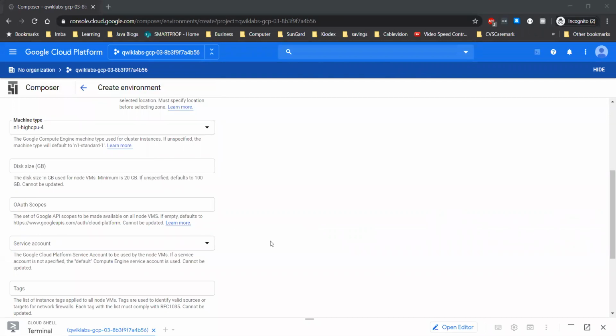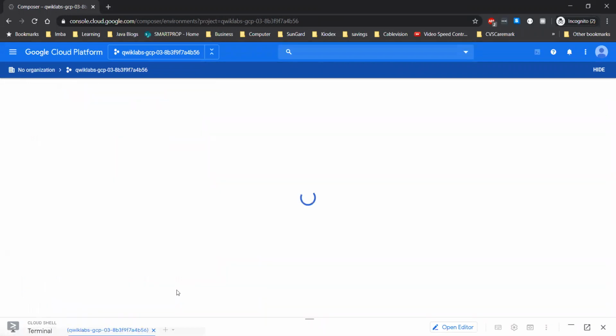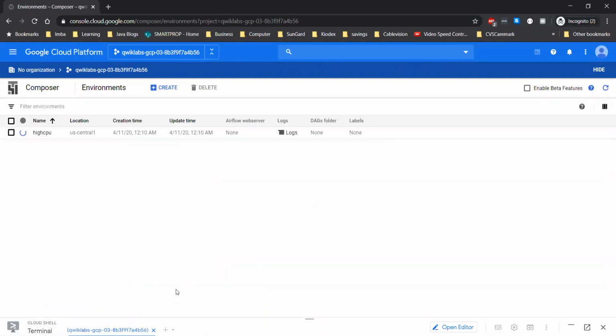We don't need to add any other information. Now we'll go ahead and create the Composer instance. So give it a few minutes. It's just trying to load the information on the backend. This would take a few minutes, and while this is coming up, we can go ahead and create a